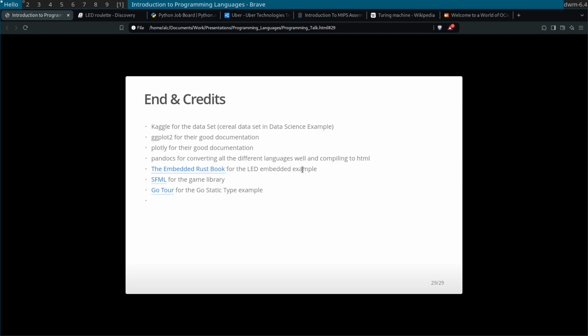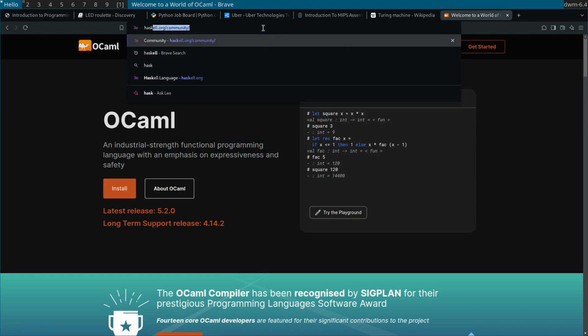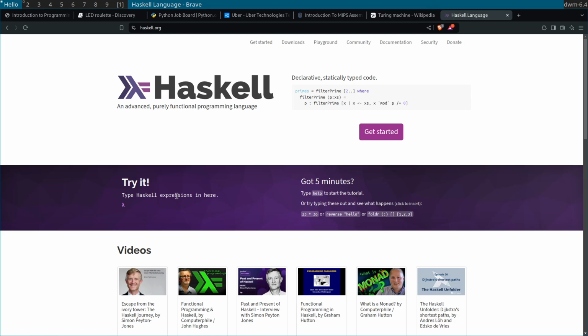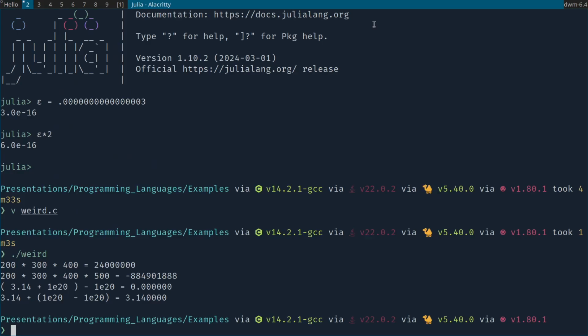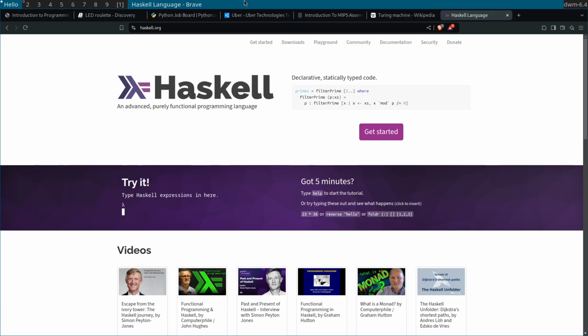Feel free to ask any questions in the Discord. This is not the full credits, but I do have a file that I'm going to upload along with this to include some of the other stuff, where I got it, and how you could start exploring these languages if they don't already have a way to explore. OCaml has a playground, and Haskell also has a playground right in here, so you could start playing around with them on those sites. Some OSs come pre-installed with languages, so Linux comes pre-installed with Python. But that will be in that text file that I'll upload to the Discord.